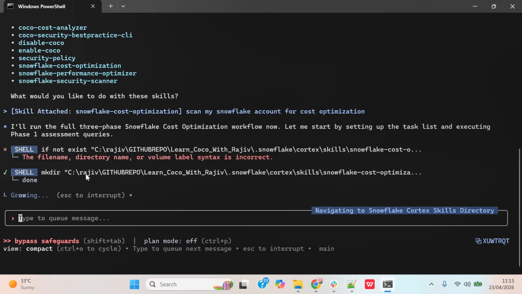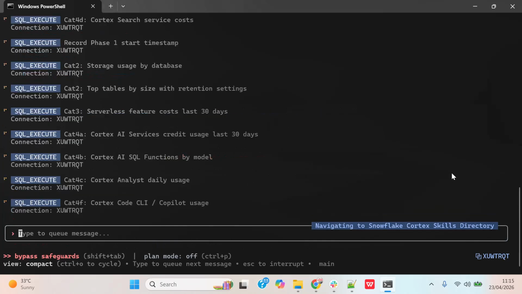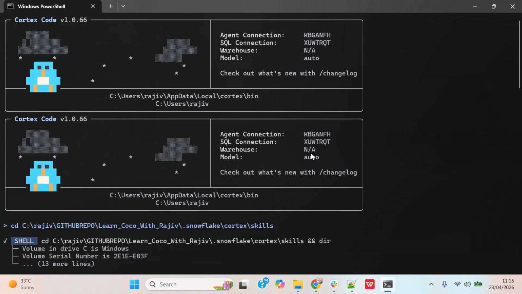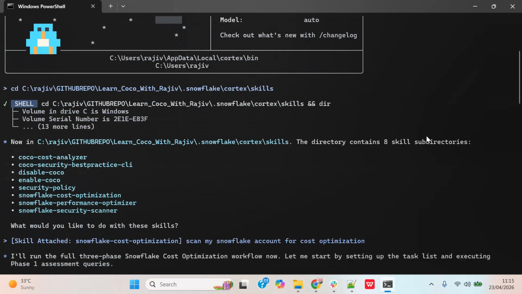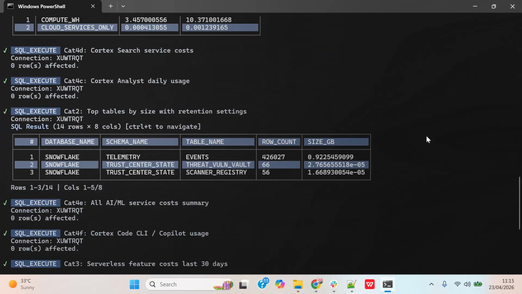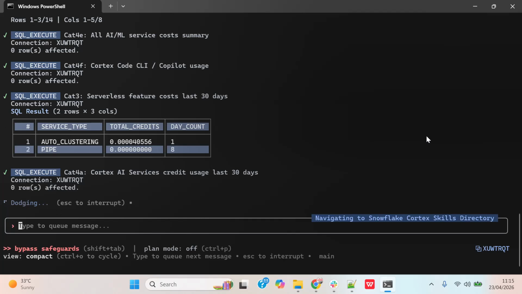You can see that it started creating folders. It will look into everything and start executing. At the moment I am connected with CLI Cortex Code version 1.0.66, which is the latest one, and this is my account. This is the SQL connection I am connected to in my Snowflake account, and now I'm running the cost optimization. It will take a couple of minutes to execute